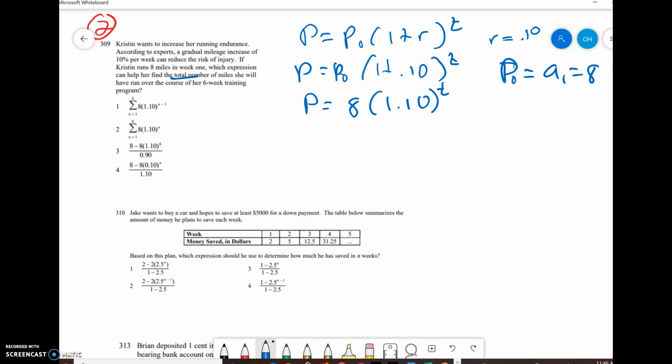Okay. So anyway, they love geometric. They want the sum. And they want the sum over her 6 weeks of training. So the sum for a geometric series is S sub n equals a sub 1 minus a sub 1 times r to the n over 1 minus r. That's our sum formula. Okay. Now, if we look for that here,